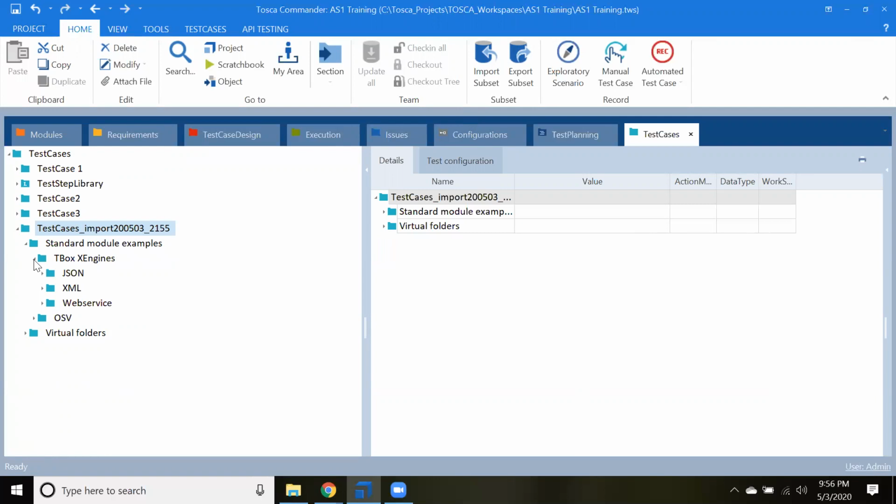So you need to import in the module section. All the TCE, if you want to import, they are imported in the module section, because these are the modules. Standard.tsc contains modules. But if you want to import test cases,